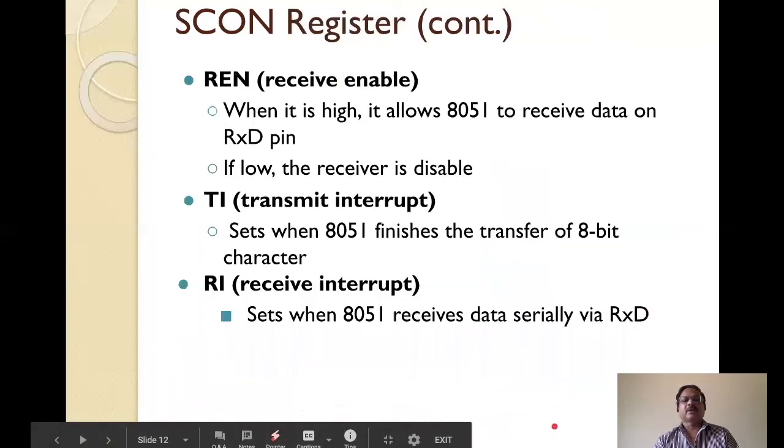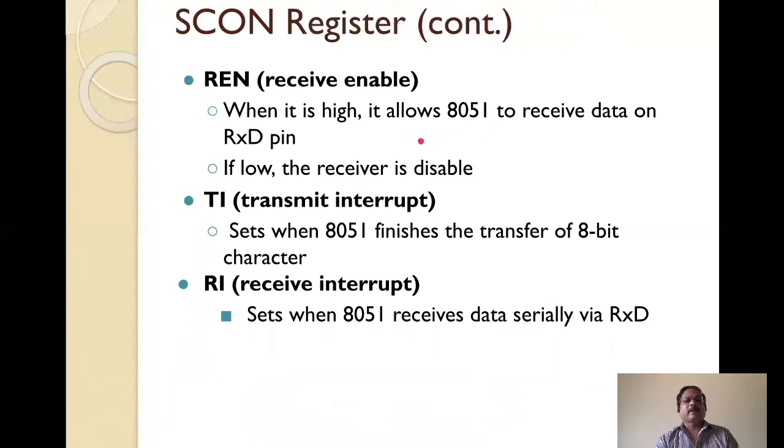Okay. Then REN is for receive enable bit, that should be 1 to allow receiving the data on the RxD line. If it is low, the data will not be received. TI is nothing but the transmit interrupt flag, as I told, that is used during the transmission. Whenever the 8051 finishes the transfer of the 8-bit data, the TI flag will be automatically set. However, during reception, whenever the data is received serially over the RxD line, the RI